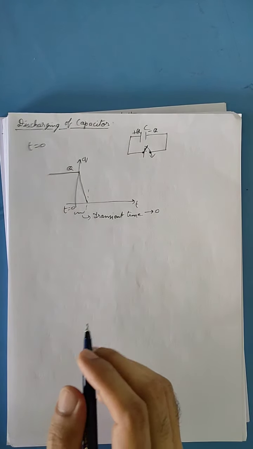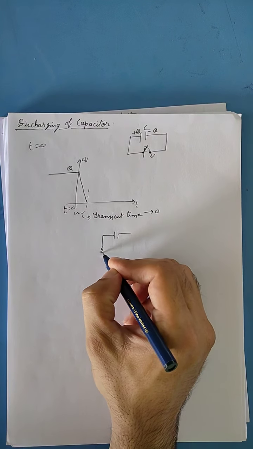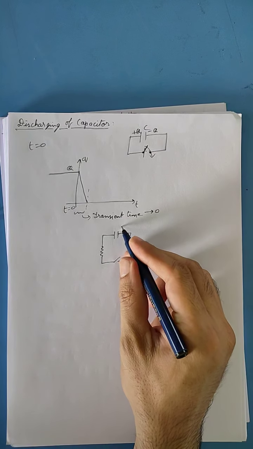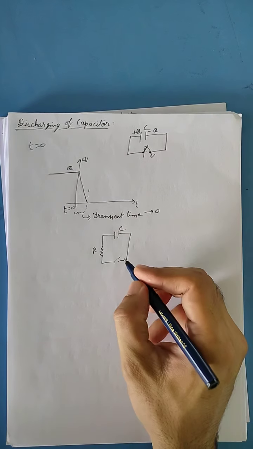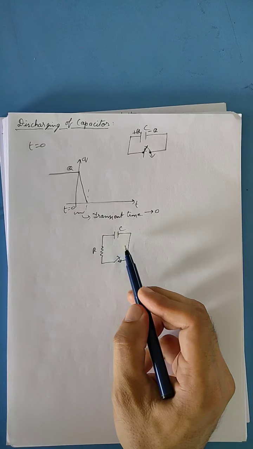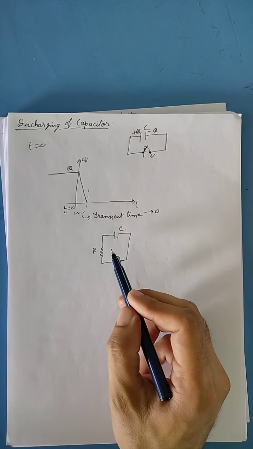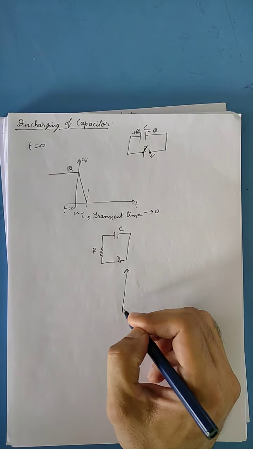Now let us connect a resistance with this capacitor. A resistance is connected, and now if the switch is closed, then a current will start flowing, and then that current will be slowed down because of this resistance. So the process of discharging becomes slow. So now if we plot the graph,